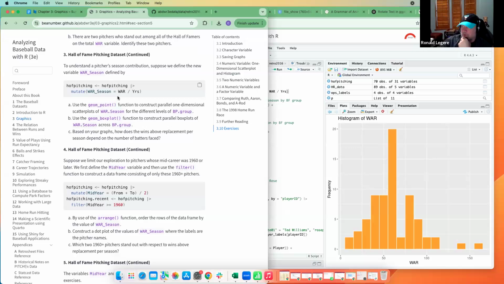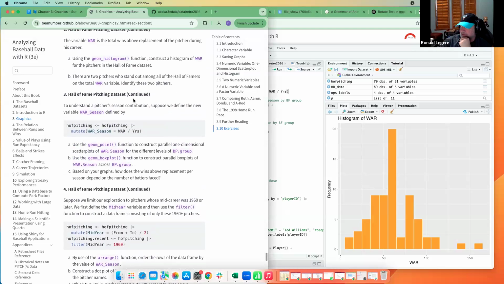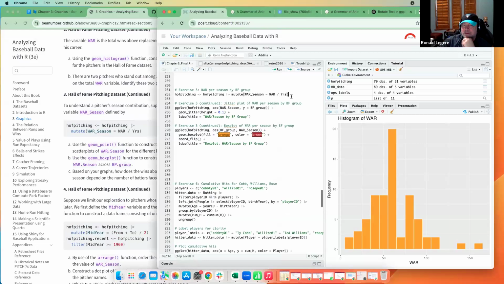I thought it was interesting that in the next one, there was WAR by season. But then grouped by batters faced, it seemed like the people that faced more batters had a higher WAR, which I found surprising. Maybe I did that wrong, but